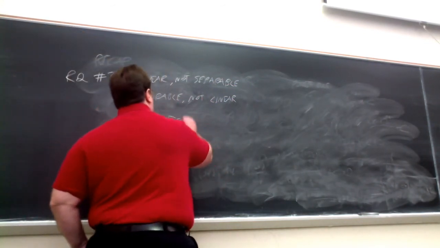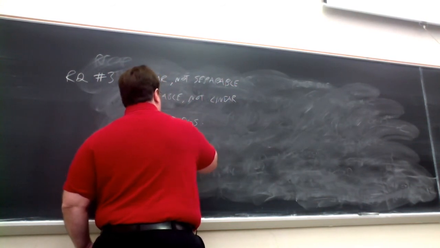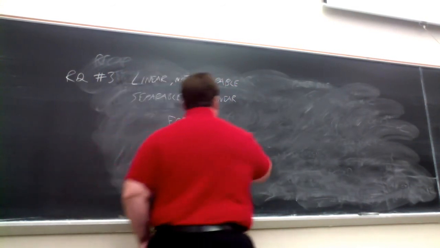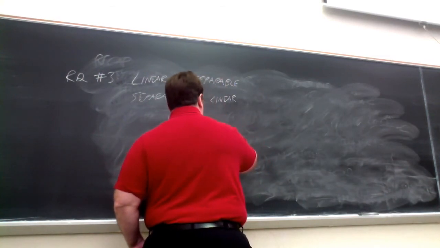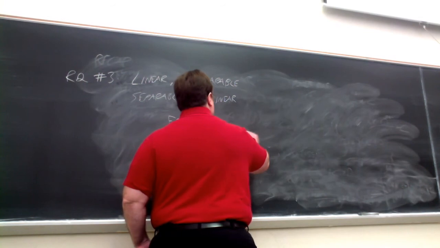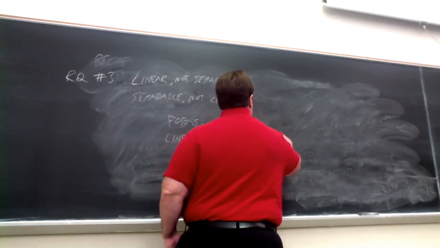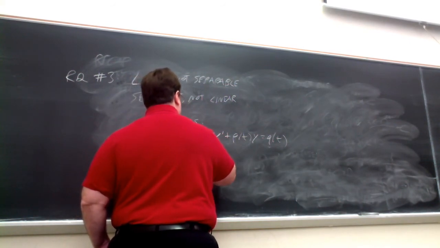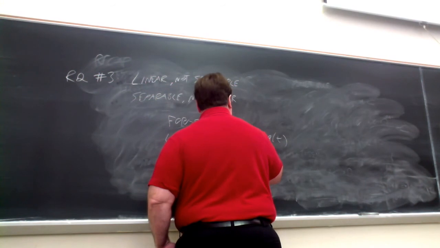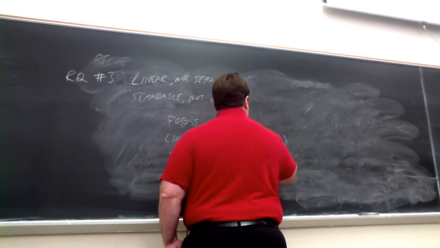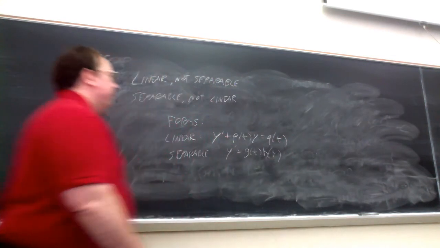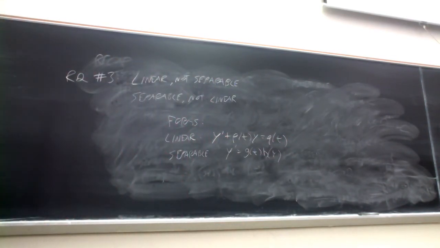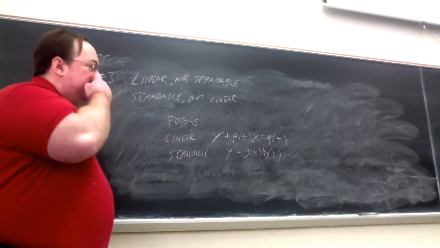You want to fall back on your forms. If it's to be a linear equation, it must be possible to write it in this form, y prime plus p of t times y is equal to q of t, and then separable is y prime is equal to a function of t times a function of y. And you go back through various examples that we've seen to find equations that are linear or are separable,